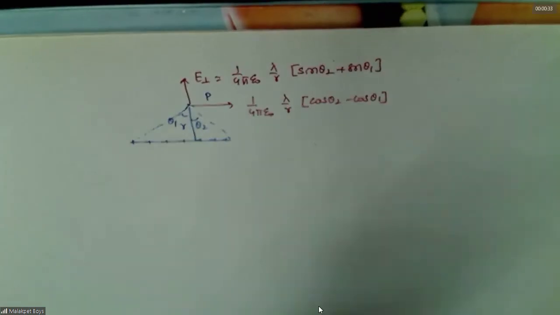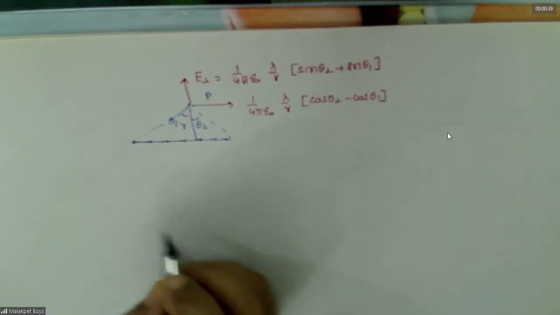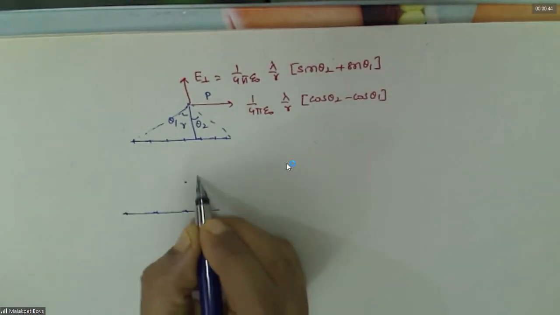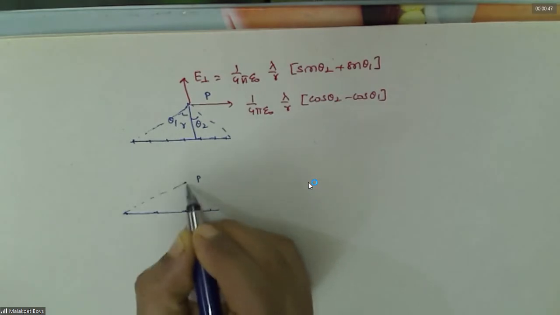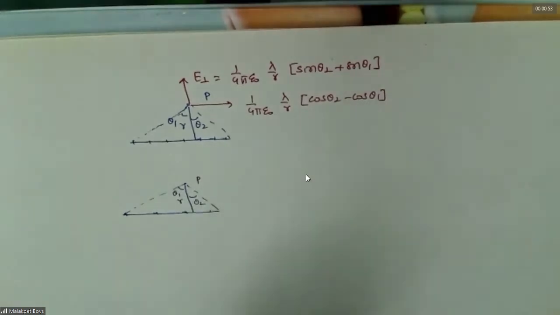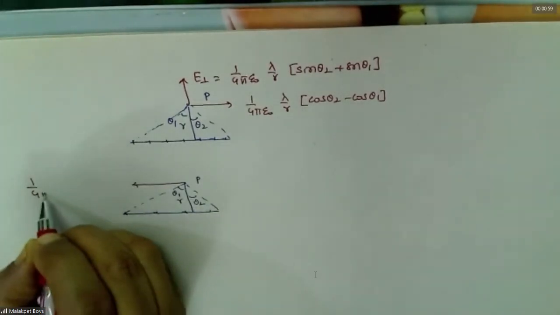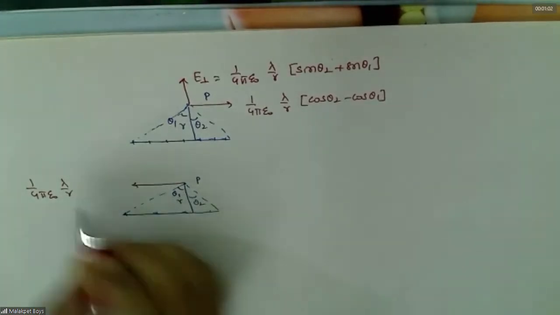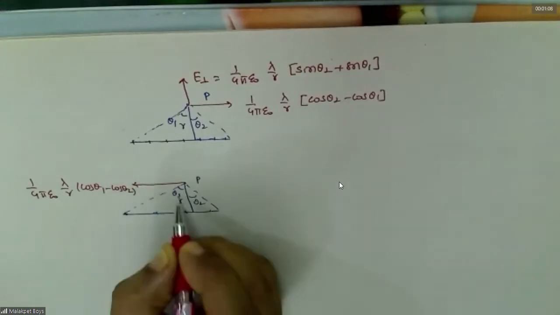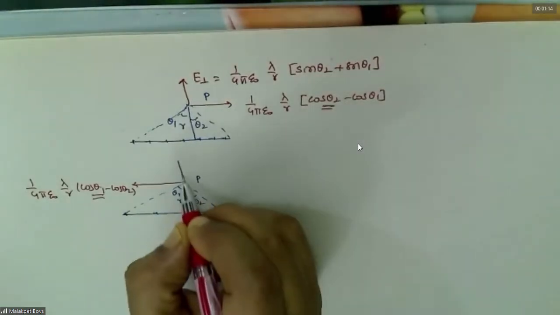Now, on the other hand, suppose we have a situation like this. The same point, this is R, this is theta 2, this is theta 1. Now you can see, if we take it like this, what should I take? We should take this angle as cos (theta 1 minus theta 2). Whatever is that, that will come first. Now this is theta 2, this side will come first. And this will be the same thing.